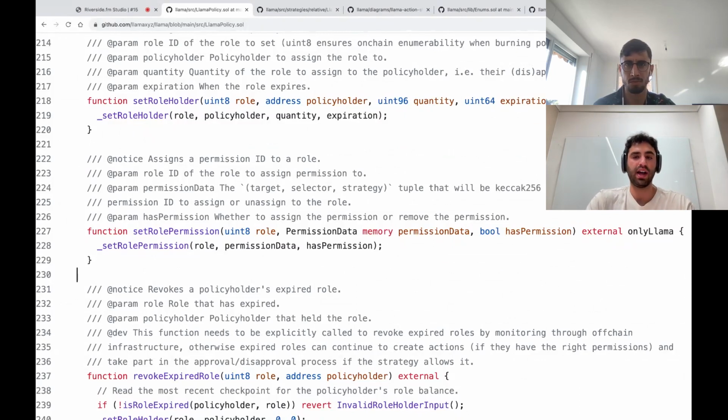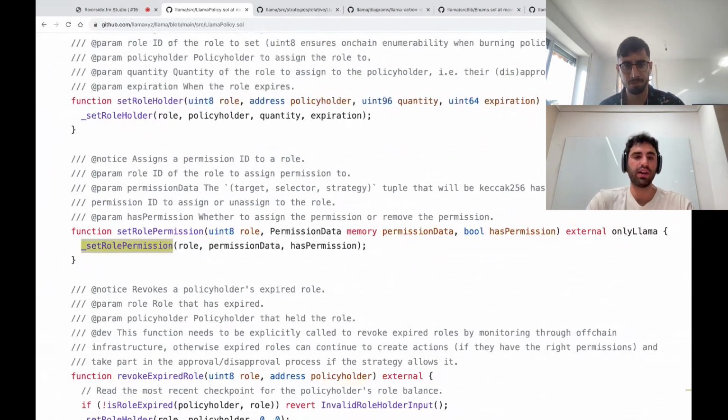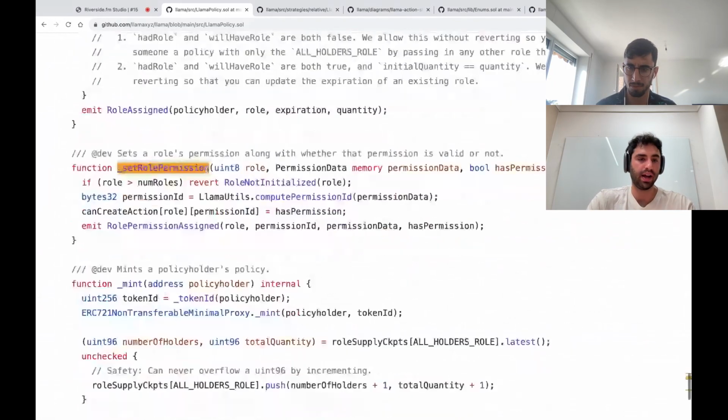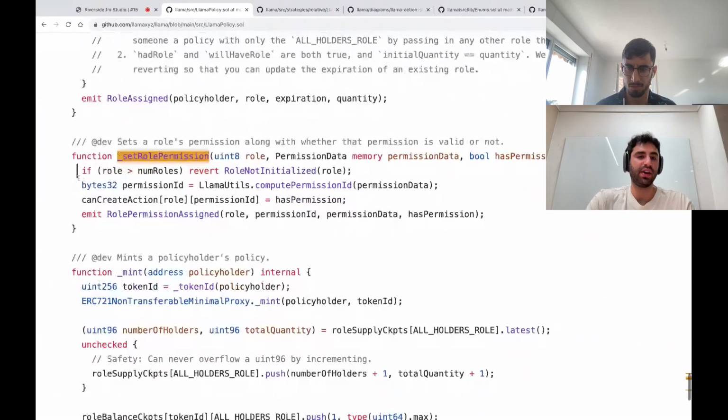If you look at the set role permission function, we can see we're passing in the role. This permission data struct is just that tuple, which is the target contract, the function selector, and the strategy. Then we have this boolean: are we adding or removing a permission? We can check whether the role is already assigned, and calculate the permission ID from the permission data.